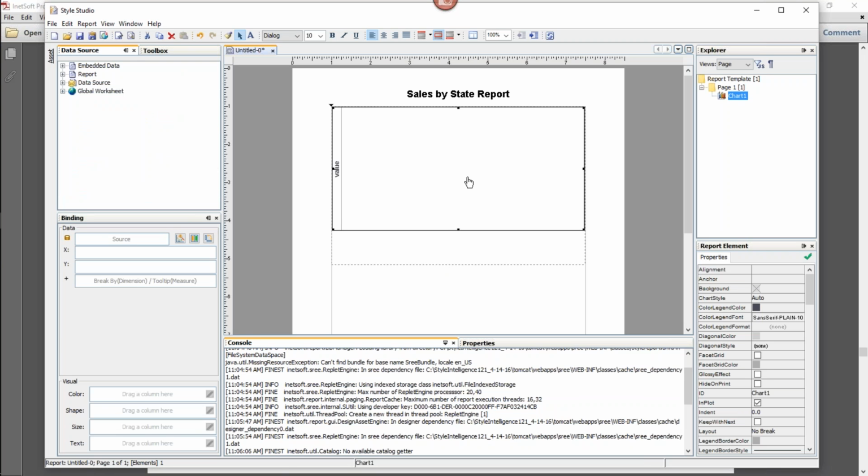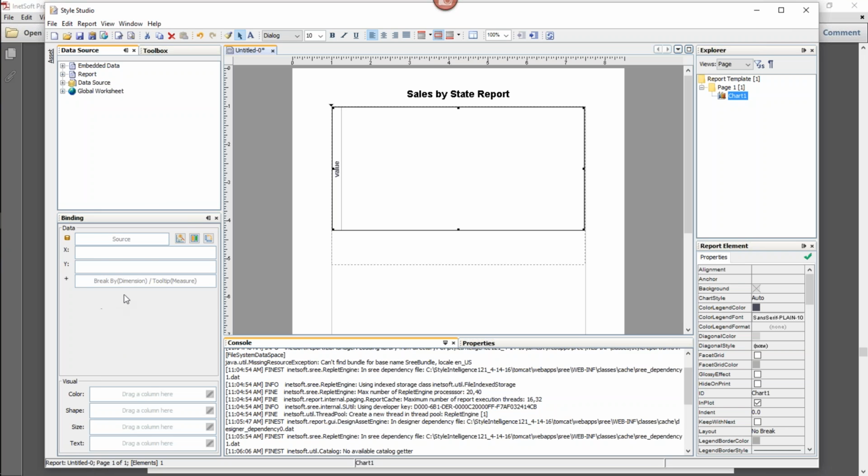And that creates a blank chart. On the left side of Style Studio, when you select the chart, you'll see the chart editor, and it will probably come as a little comfort if some of this looks new to you. It will be somewhat comforting that the chart editor itself is basically the same chart editor that we've used previously when designing dashboards. All right, so if you put a chart into a dashboard, you see this chart editor.